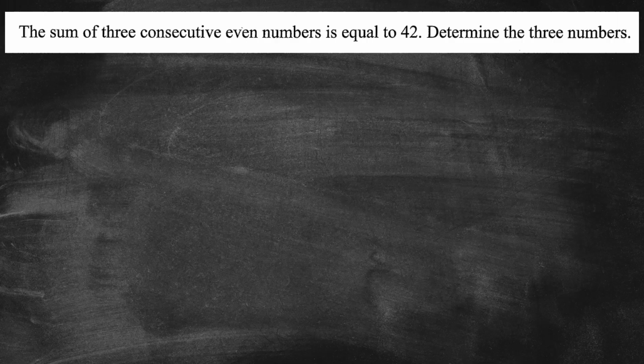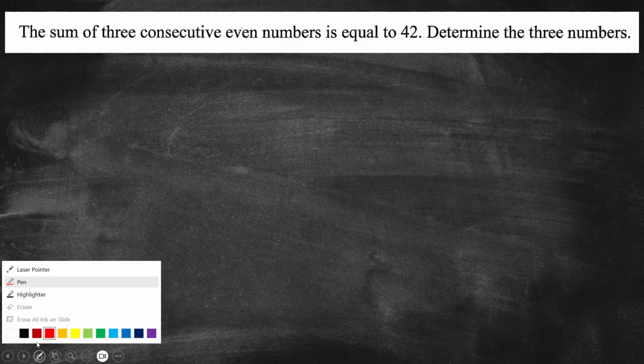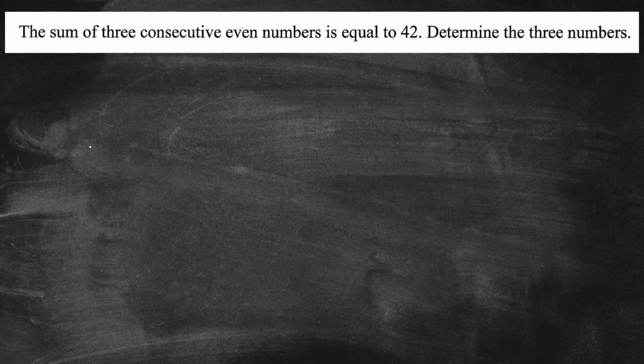So the first one is this. It says the sum of 3 consecutive even numbers is equal to 42. Determine the 3 numbers. Okay, so if we want to incorporate algebra, we always make something x and then work around that. So if I decide I'm going to make the first value x,